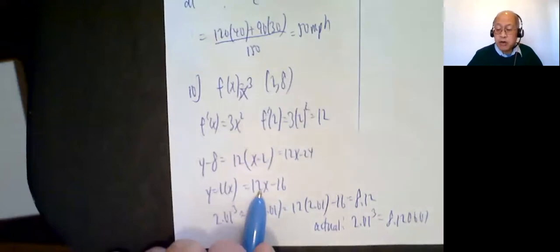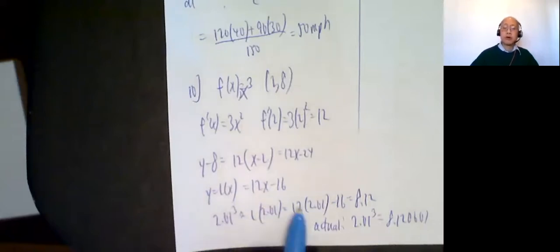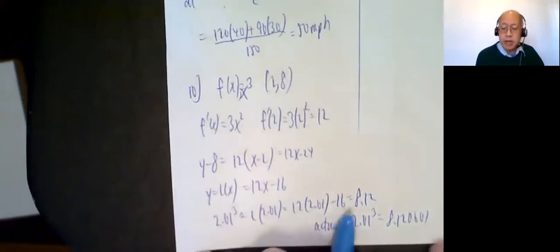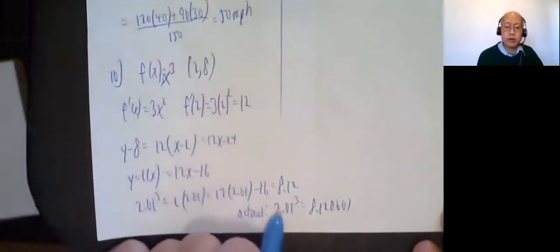So now to approximate 2.01 cubed, I plug in 2.01 here. Much easier than using the actual function. Okay, so 12 times 2.01 minus 16 comes out to be 8.12. This is the answer, 8.12, but just to see how good the answer was, the actual value of 2.01 cubed is